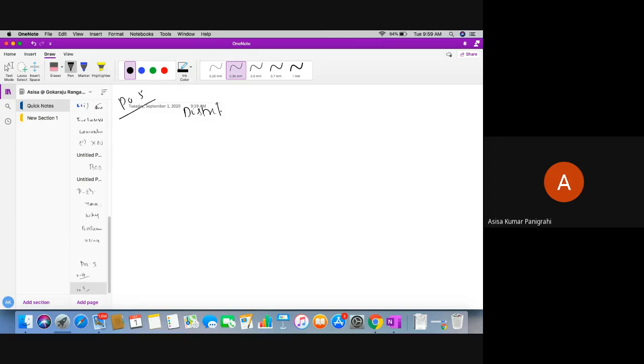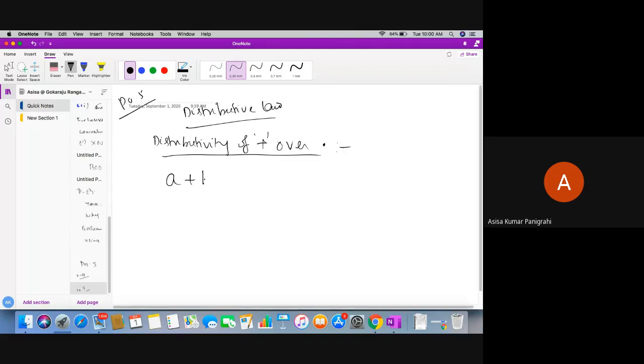What is the distributive law? There are two different distributive laws. One is distributivity of the plus operator over the dot operator. What does it suggest?